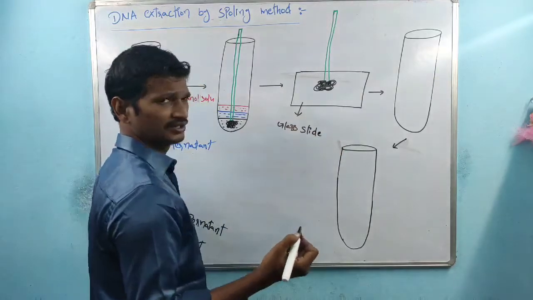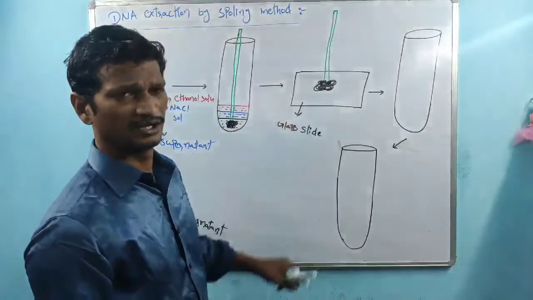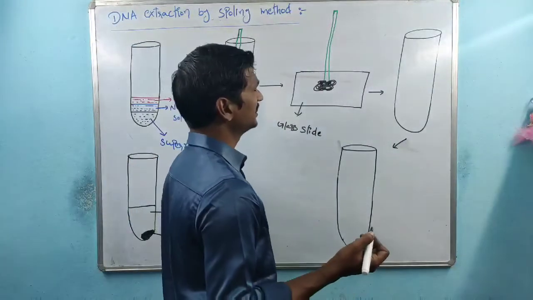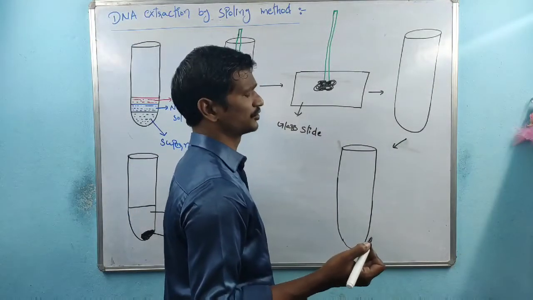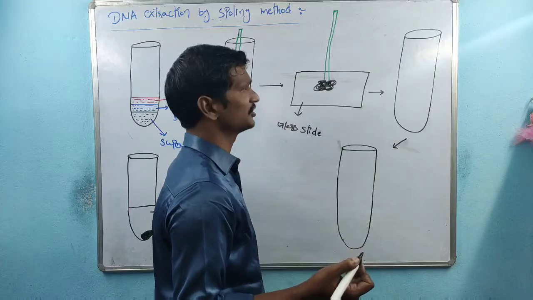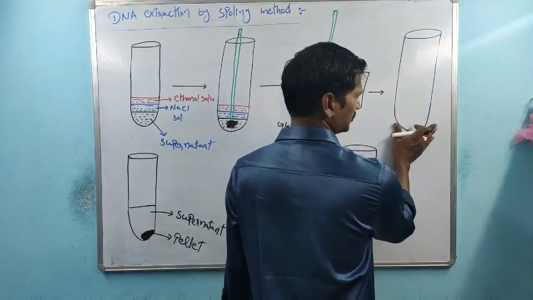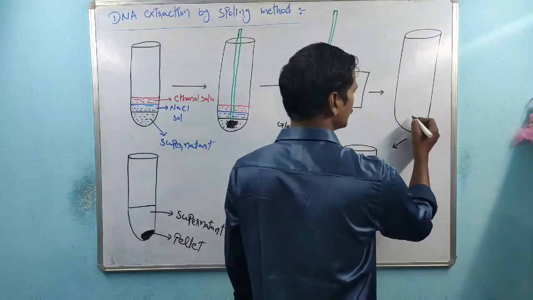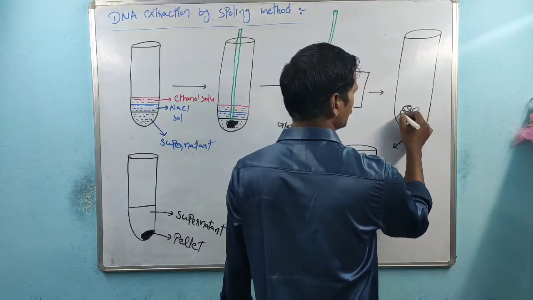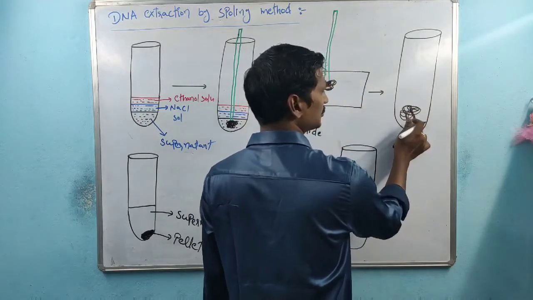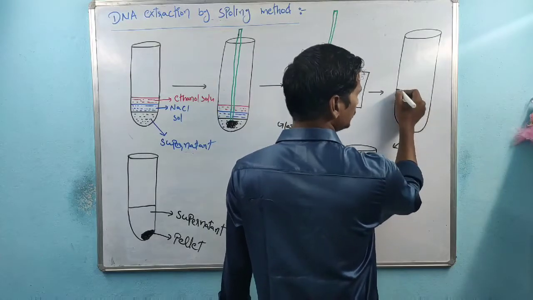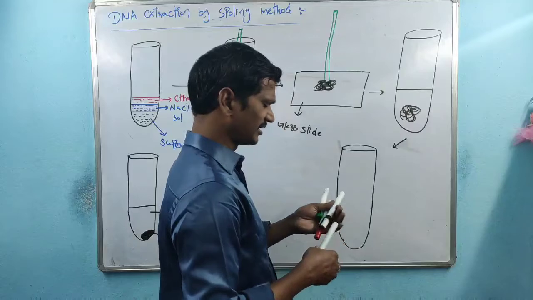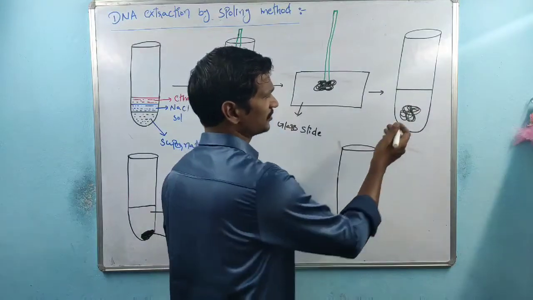Okay, we have taken out DNA from the tissue, collected on the glass slide, right? After that, the DNA is added to another tissue. See, this is the tissue. So this is the DNA content. We take it from one tissue, and the DNA content is again collected into another tissue, right? So this is the water content, or liquid content.